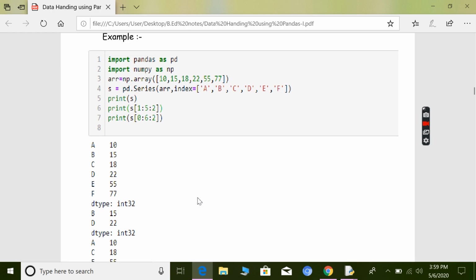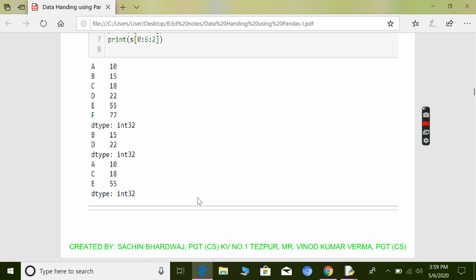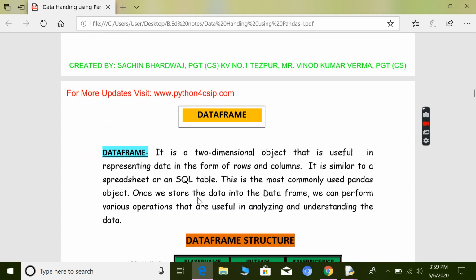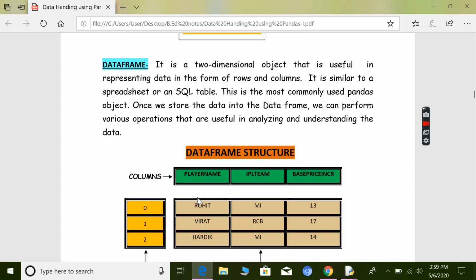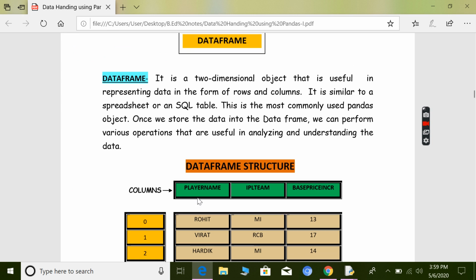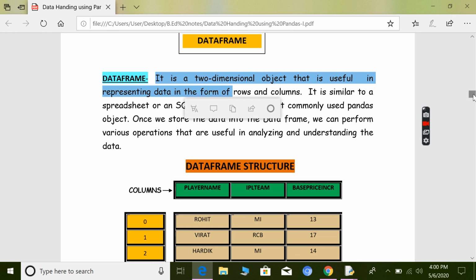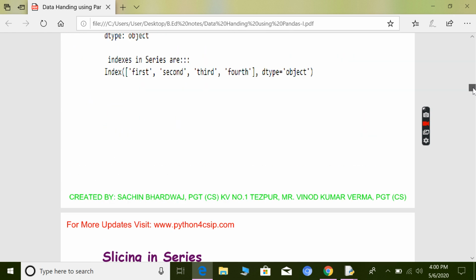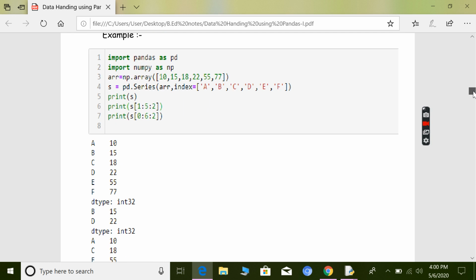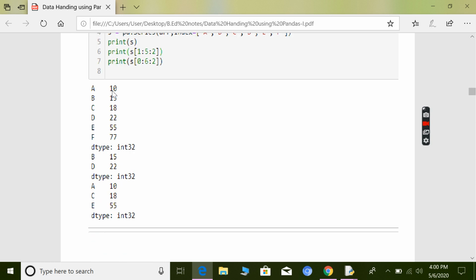So after this, data frame is a new one. We are going across this one. So this is the starting of data frame. What is a data frame? It is a two-dimensional object. So previously you could see that this series means one dimensional only. So one dimensional means it will have only one